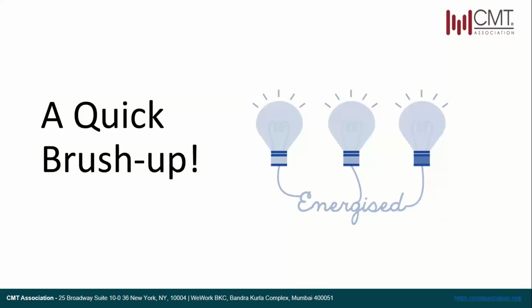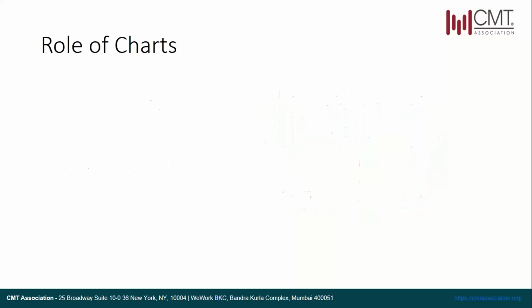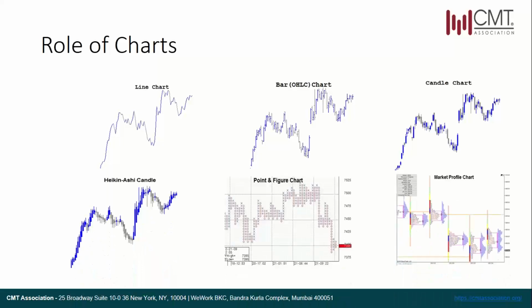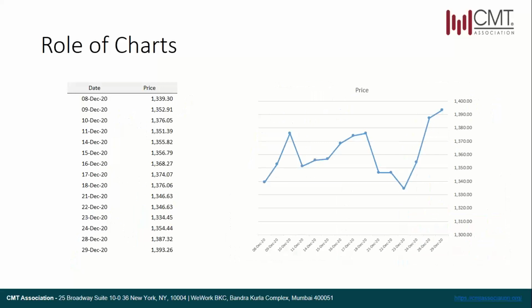So we'll look at some of the core concepts of technical analysis. There are various types of charts that we all are aware of: line charts, bar charts, candles, Heiken-Ashi, point indicator and market profile, and so on and so forth. The point I'm trying to make is, what is the importance of charts? Why do we look at charts? Is it absolutely necessary in technical analysis to look at the charts, or is there something more to